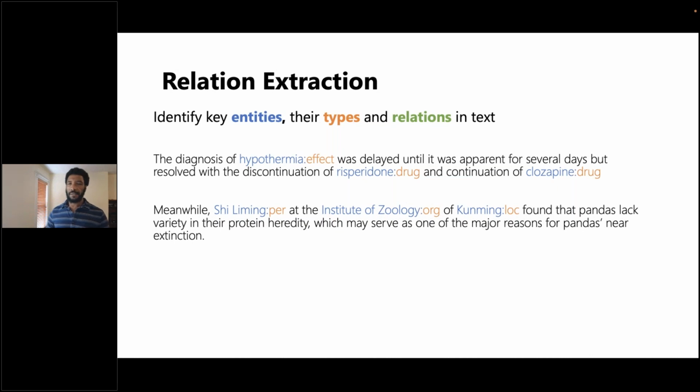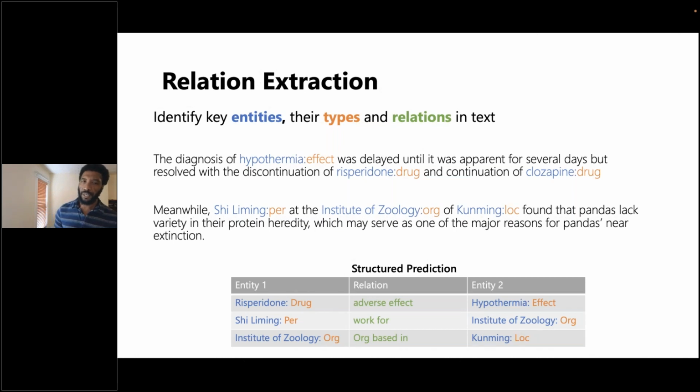Another more classical example of relation extraction is to extract named entities and their types from text, things like persons, locations, and organizations. So the first step would be to identify these entities and then classify the relationships between these entities. One thing to note is that these entities can be part of multiple different relations. And so this is an instance of a structured prediction task, where the goal is to produce this kind of table format where we have these entities and their relations.